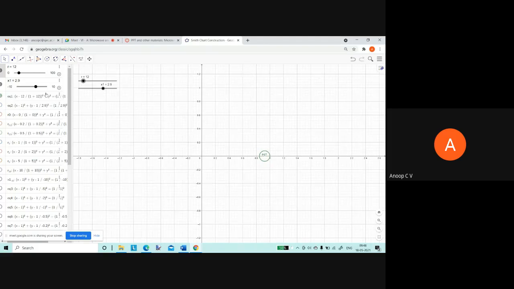Similarly, for the equation of x, I'll show what happens to that when r changes, right? So x can be both positive and negative. X is reactance, it can be positive or negative, right? So when x is negative, you can see this. So when I change this, now x is negative, right? X is 0 and x is positive. What is happening to that circle?